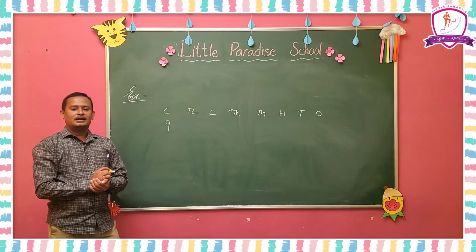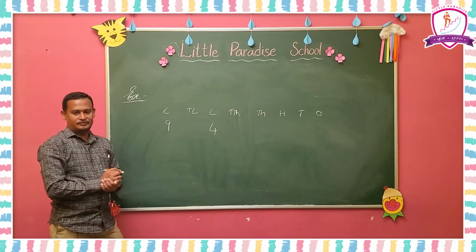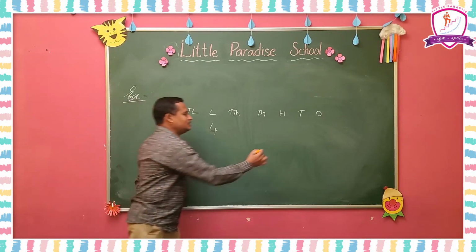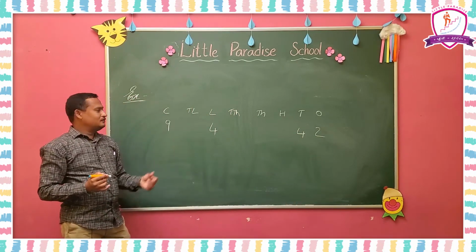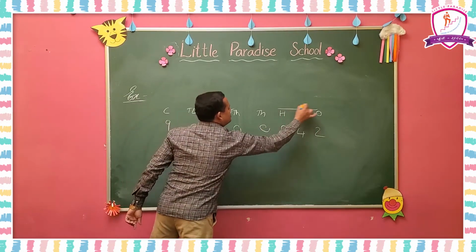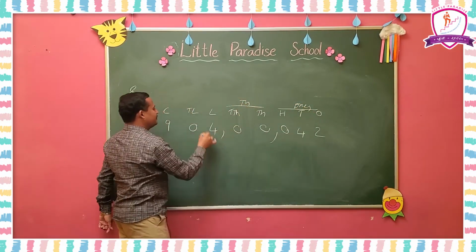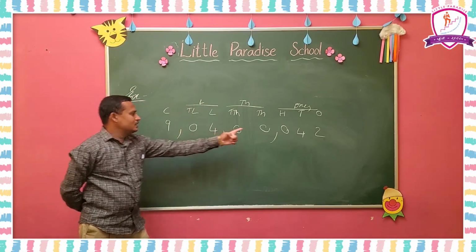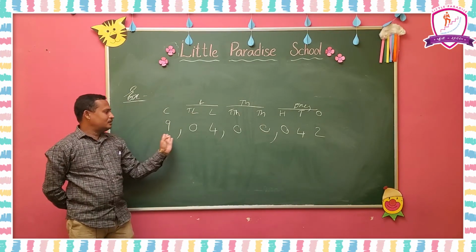After that, 4 lakhs. 4 lakhs means in the lakhs place you have to write 4. And 42 means you have to write 4 in tens and 2 in ones. So you have to fill the remaining places with zeros. So zeros will be there. Ones period, after a comma the thousands period, after a comma the lakhs period. So 9 crores 4 lakhs 42. When you are writing the number for this number name, you have to write like this. Understood? Next.